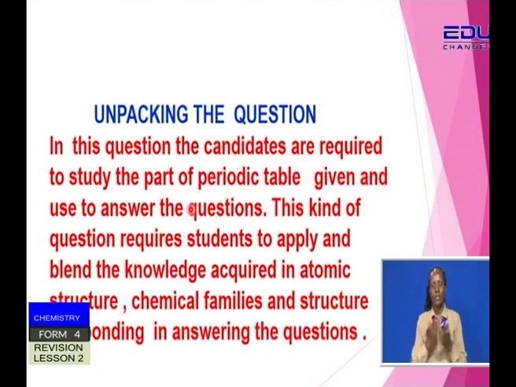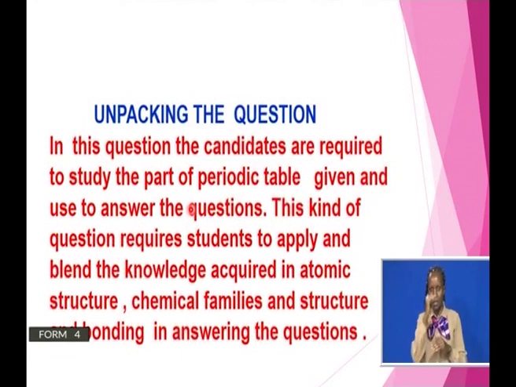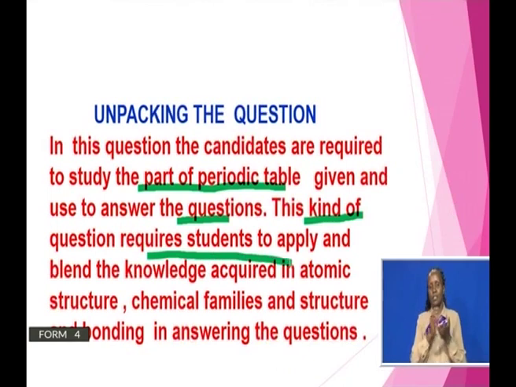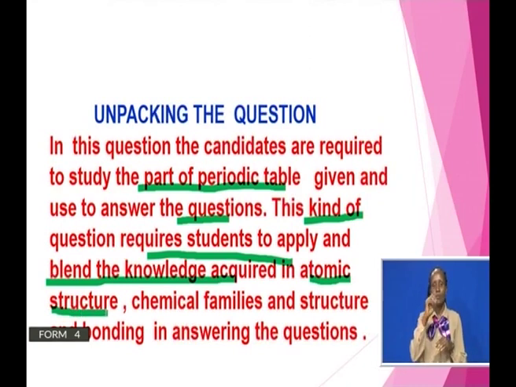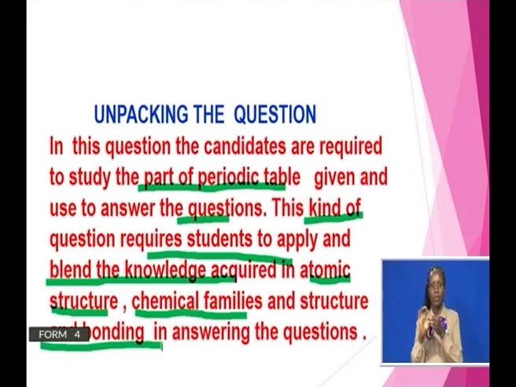These kinds of questions are usually structured, and let's start to break it down. In this particular question, the candidate or student is required to study the part of the periodic table. You study the part, then you answer the questions. This kind of question requires students to apply and blend the knowledge acquired in the following areas, that is the atomic structure, the chemical families, and the structure and bonding. So we are going to blend. The question might give a section of the periodic table,